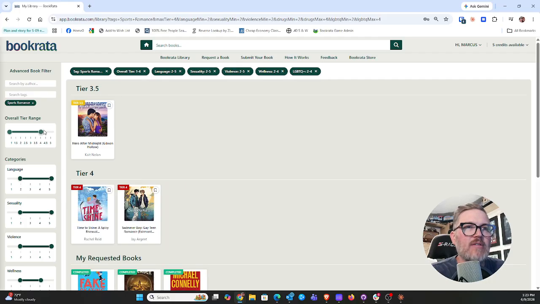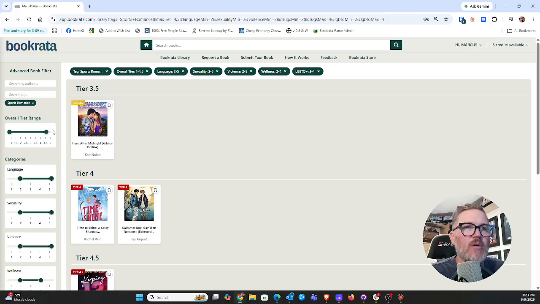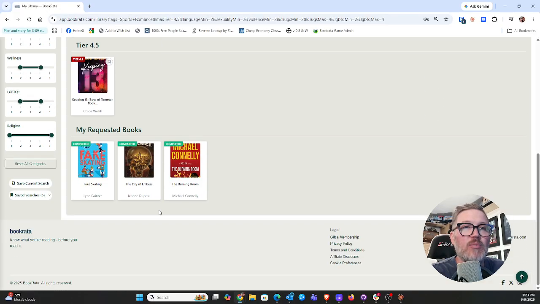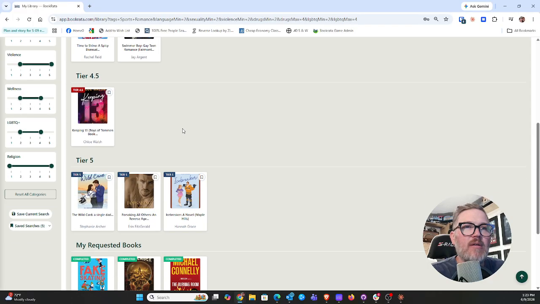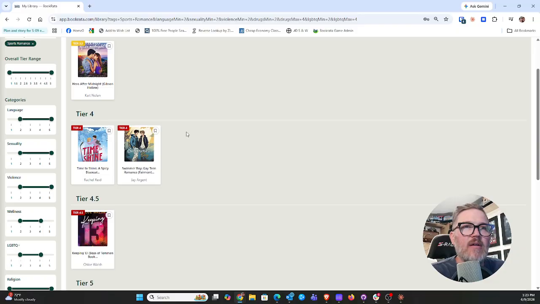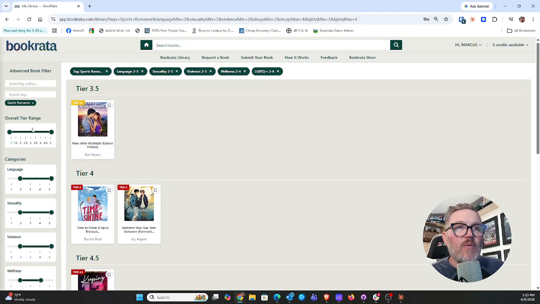Interesting. Oh, it's the overall tier that's coming. Okay, so we go up to 4. Suddenly we have some more sports romances popping up here. All right, so it's not about searching for a specific book, although you can do that. It's about finding the books that you don't know exist that you want to read, because we don't manipulate the